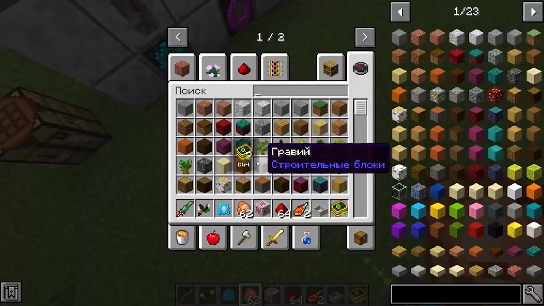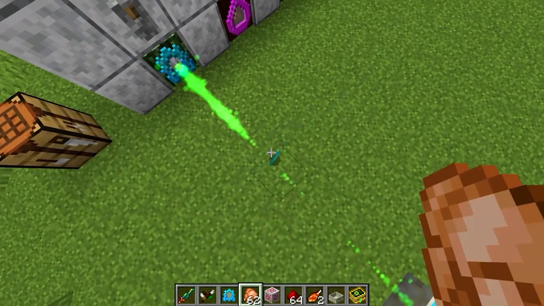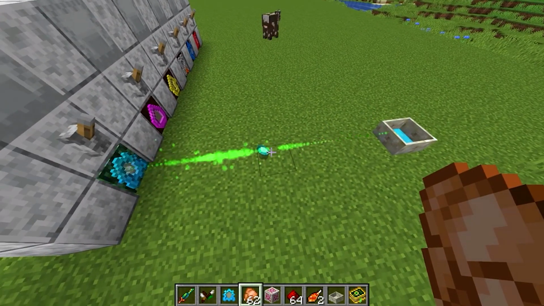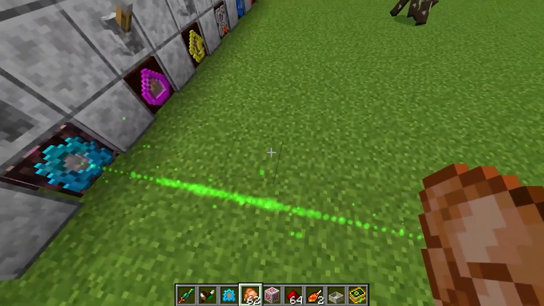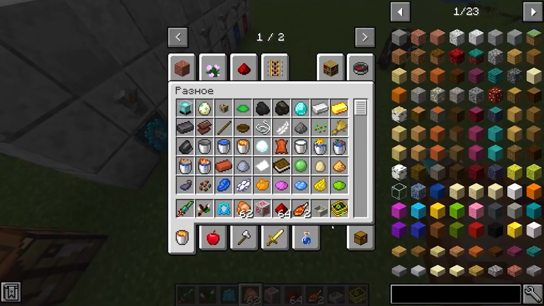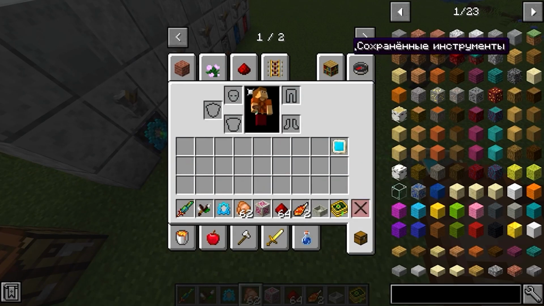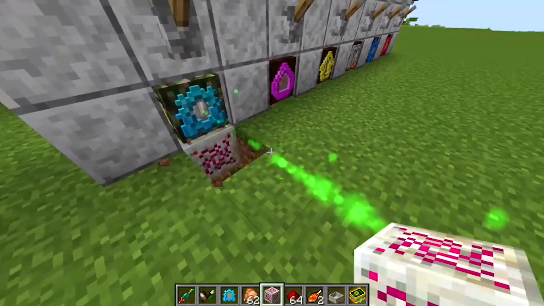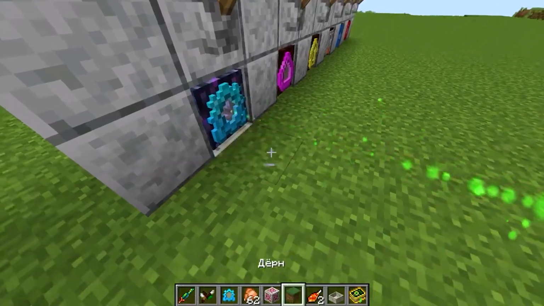Let's throw some kind of diamond here. Oops, look, and now it's going to be remade. But no, unfortunately there is not enough mana. But look, if we had a bigger mana flow here, then it would also be remade and become a diamond. Also, you can put a magical catalyst, let's say, under this distributor here, and now throw